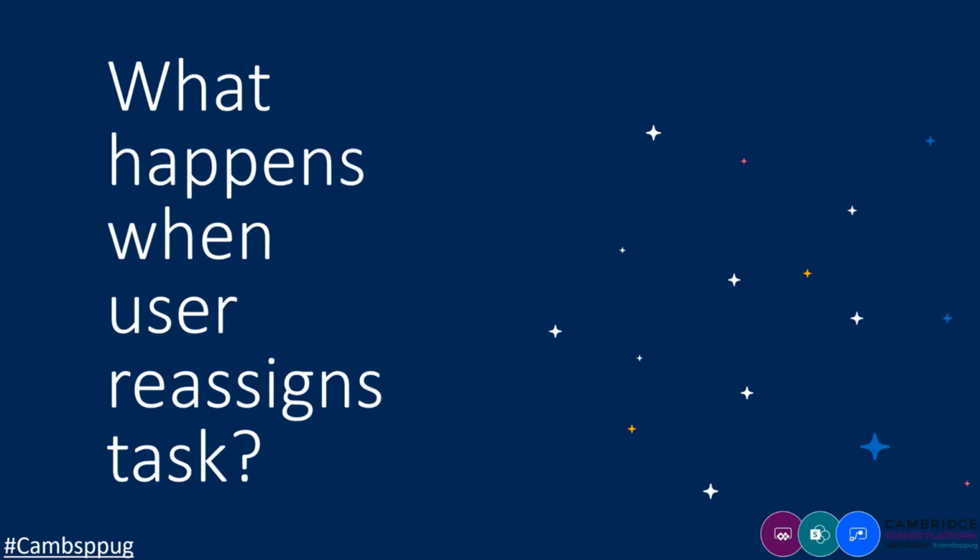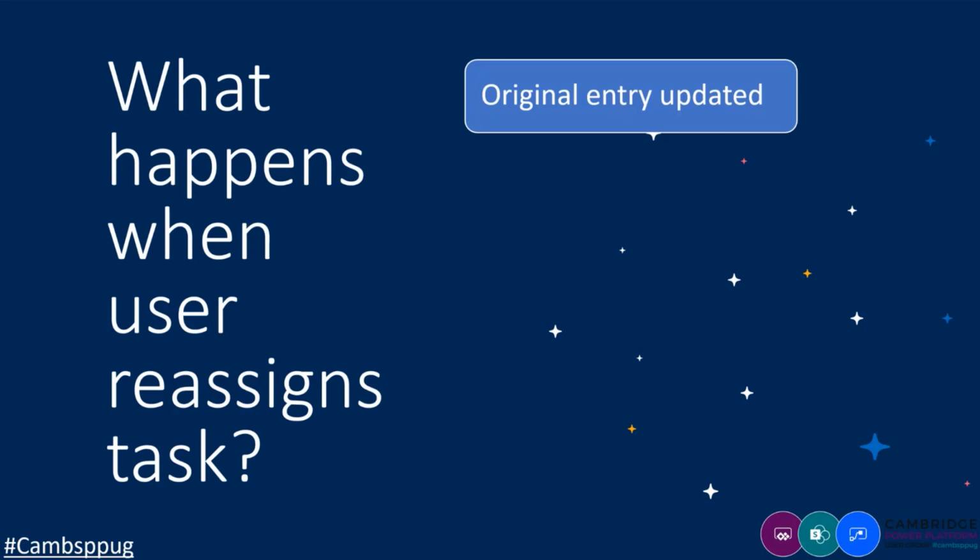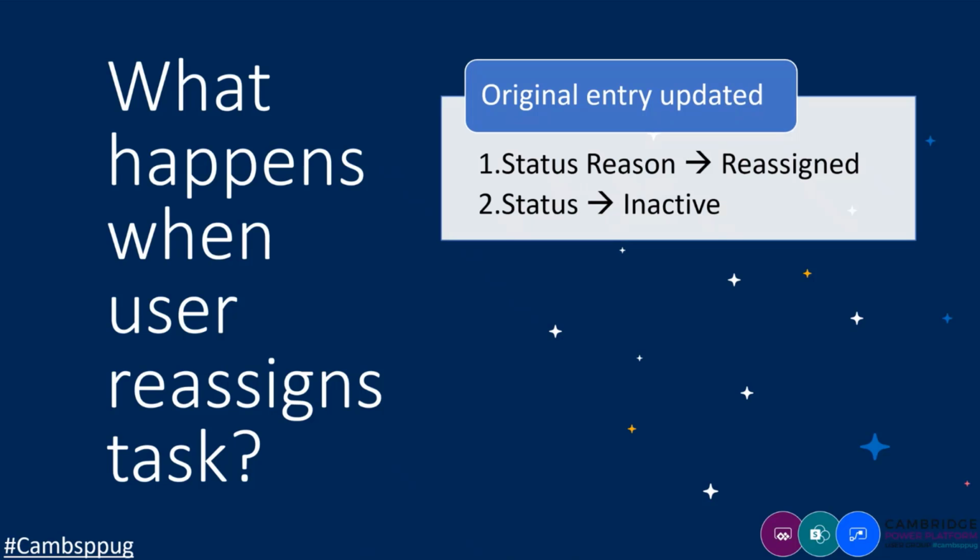So what basically happens when a user decides to reassign a task? First of all, the original entry is being updated. Its status reason is set to reassigned, so from active to reassigned, and its status as well is set from active to inactive. So this original entry inside approval requests is being updated.